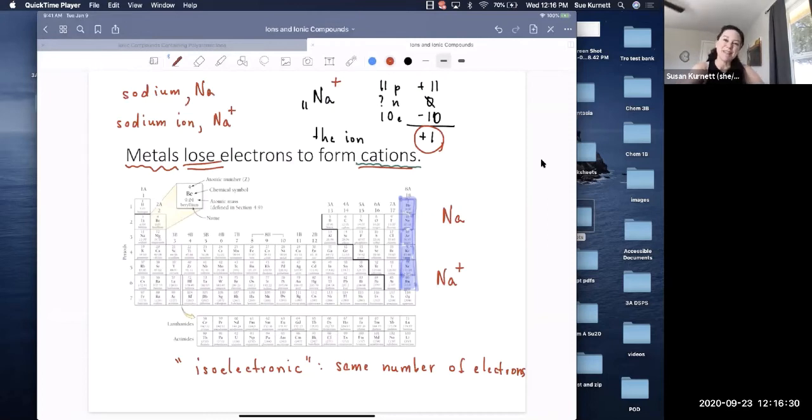And when you watch the videos this week in the module, you'll see that sodium, which is an alkali metal, is so unstable that it reacts violently with water, forming hydrogen gas and often catching on fire. So when the doctor says you got too much sodium in your diet, the doctor is not referring to actual sodium. The doctor refers to sodium ion, which is a stable way sodium exists in your body.